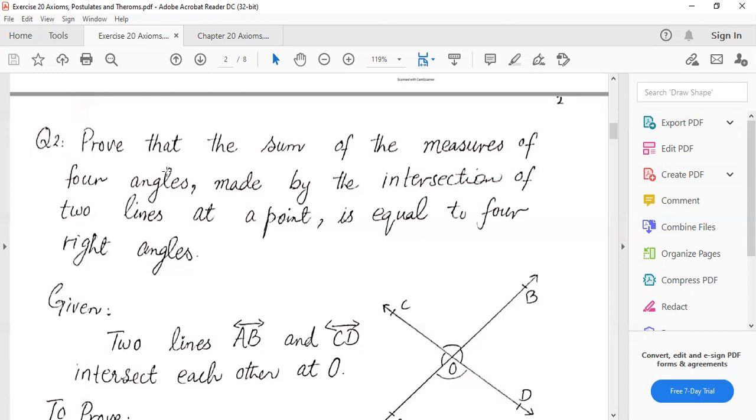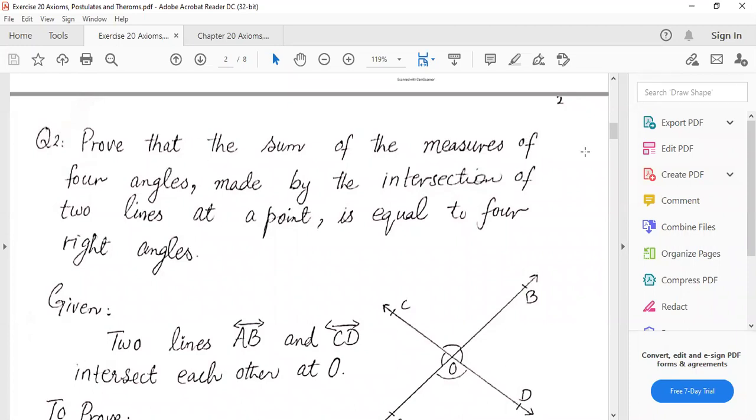But what about right angles? How to find out right angles? Because intersecting lines are producing right angles. Why are they saying right angles? Because there is no number given to us, no number is shown to us. Like before, in question number 1, there is 132 as a number, but in this statement there is no number. So because of this, we know that a right angle is always equal to a 90-degree angle.